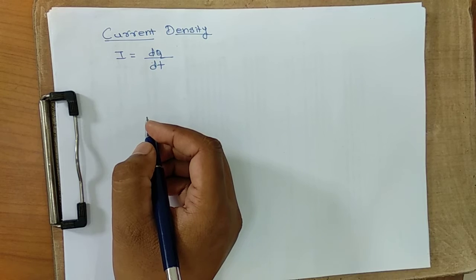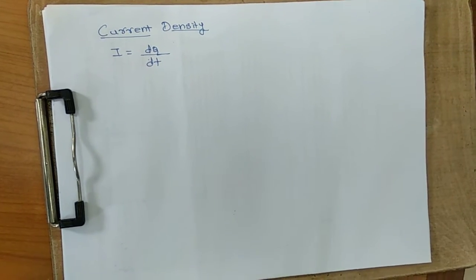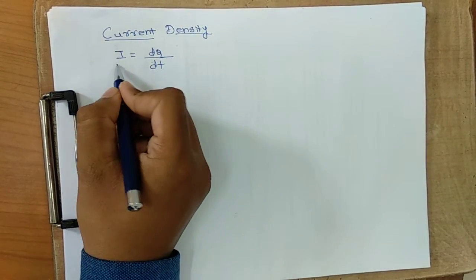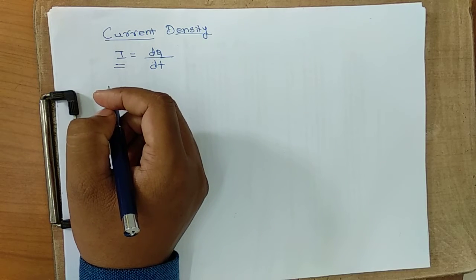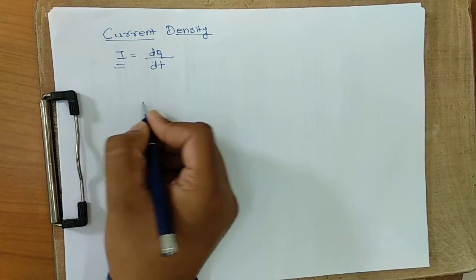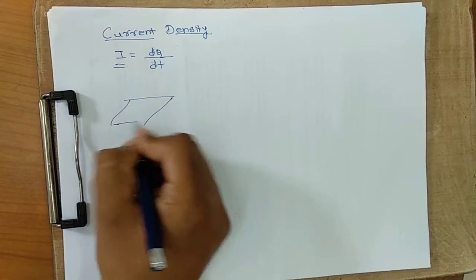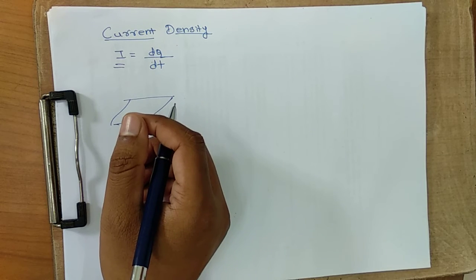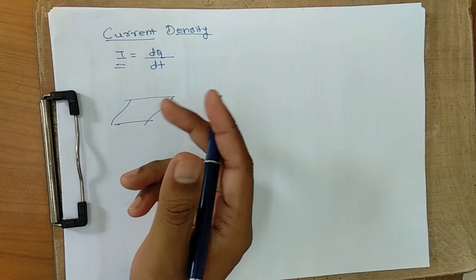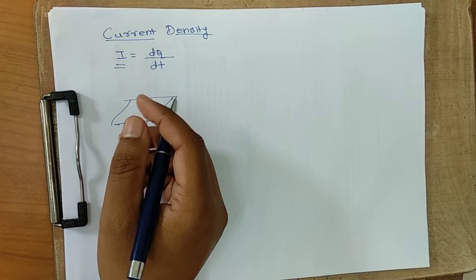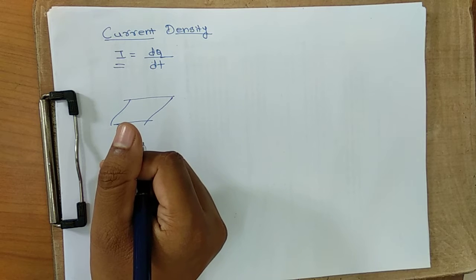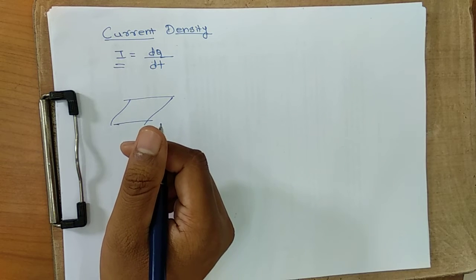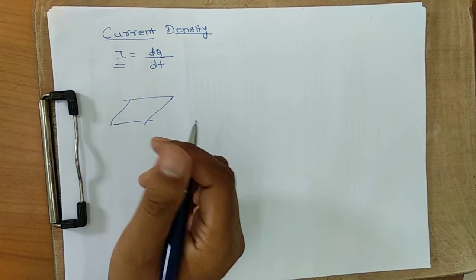Now why should we find the current density? Because everything we are calculating is in the form of a vector quantity, but current is a scalar quantity. So we have to represent it as a vector quantity. Also, in electromagnetic engineering we are mostly thinking from the application point of view. In your next semester there will be an antenna subject, which is an application of electromagnetic engineering. So for that purpose we should know the application point of view, such as currents and voltage.